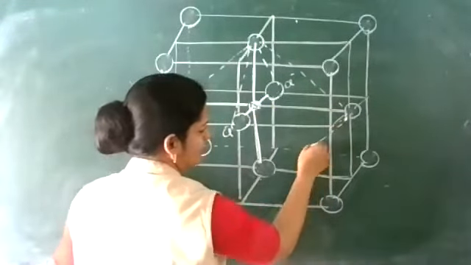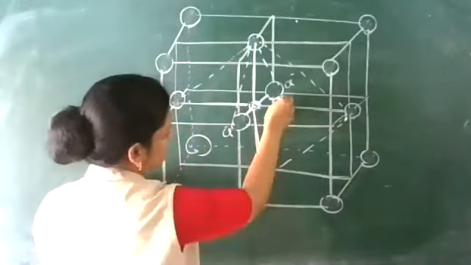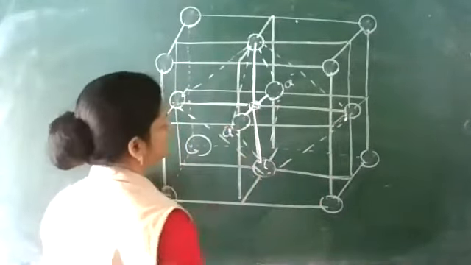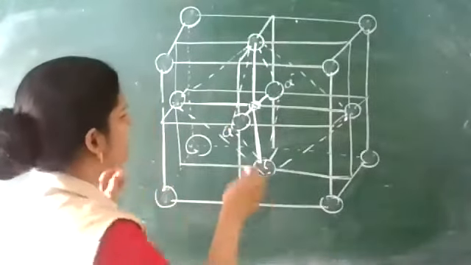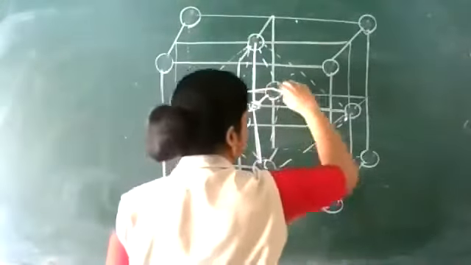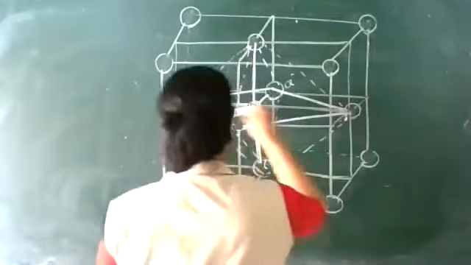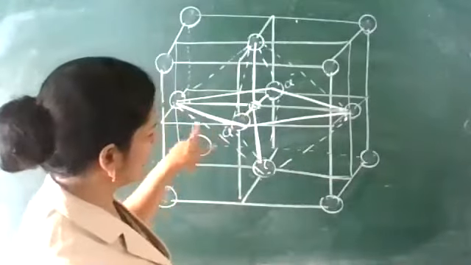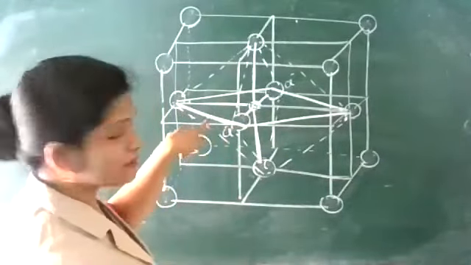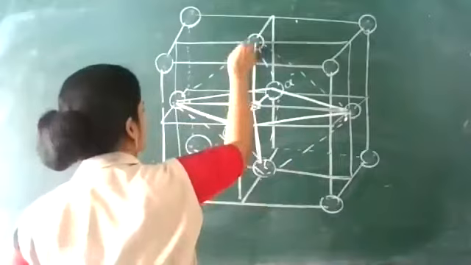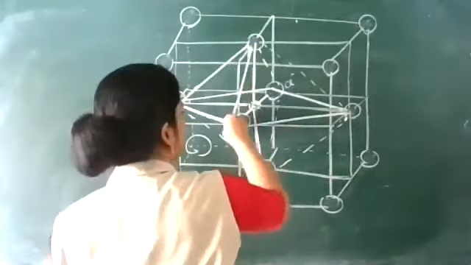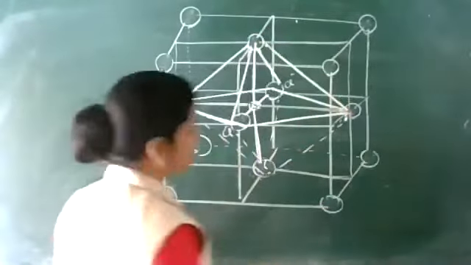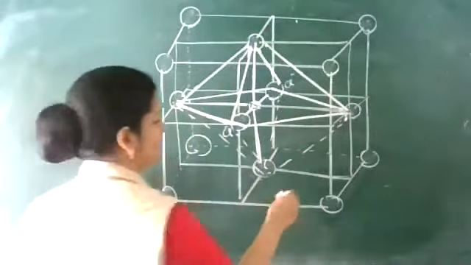So I can make 1, 2, 3. So I'm getting an octahedral. This is a square, and from the top and from the bottom,